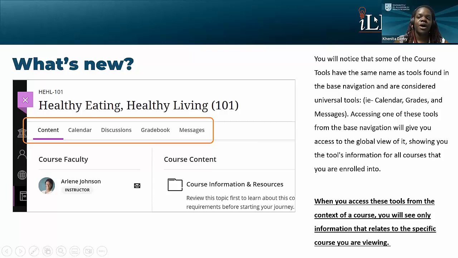What's new? So on the new Blackboard Ultra, you'll see that the course appearance looks a little bit different. It's a top navigation across the screen. So once you're inside of a course, you'll see kind of two columns. The left is your course faculty, and then the right will be the course content, which is what's on the bottom here. But then across the top, you'll be able to navigate through the course using these different tools or